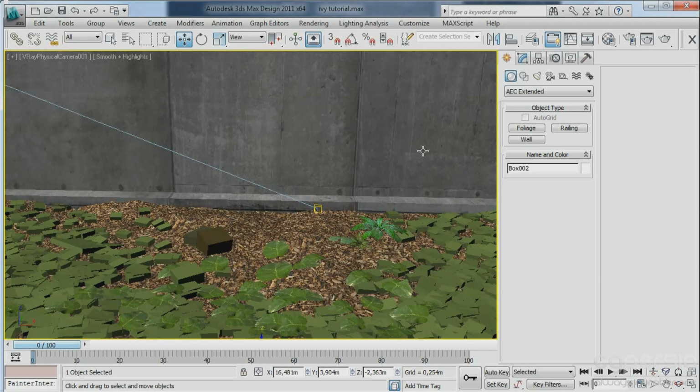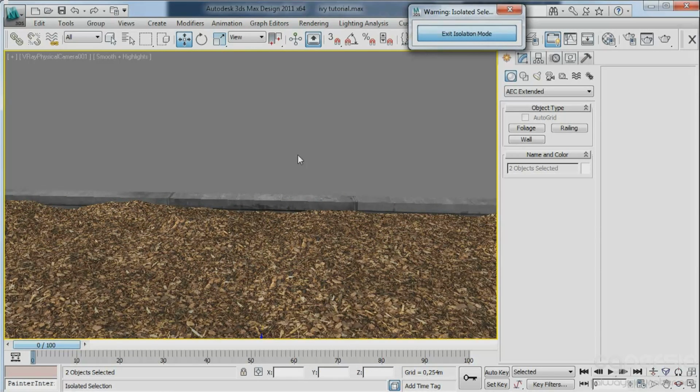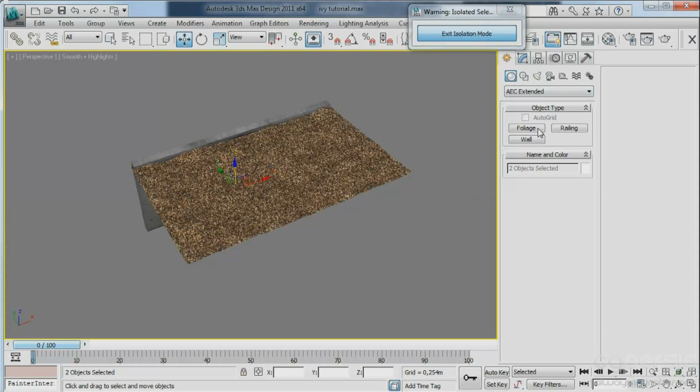Good. Now I will isolate these two objects and I will just create from the standard primitives here